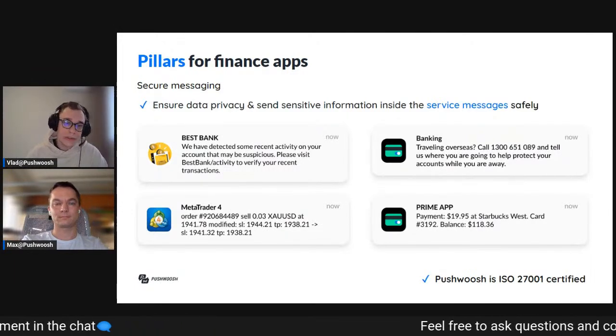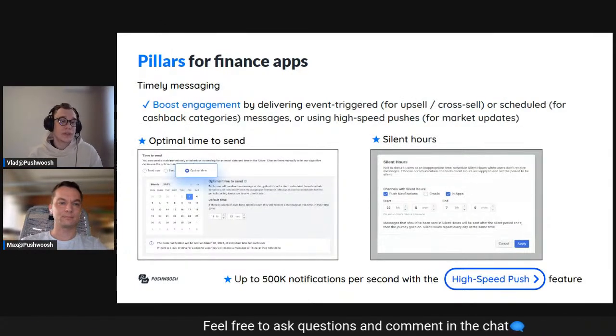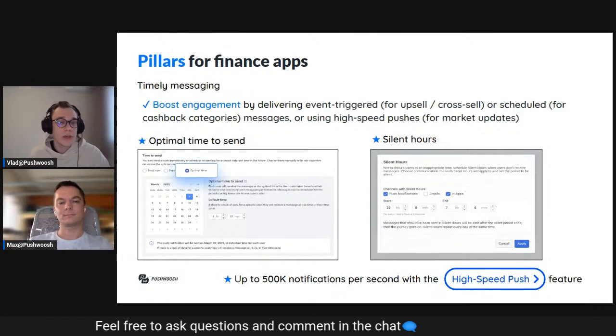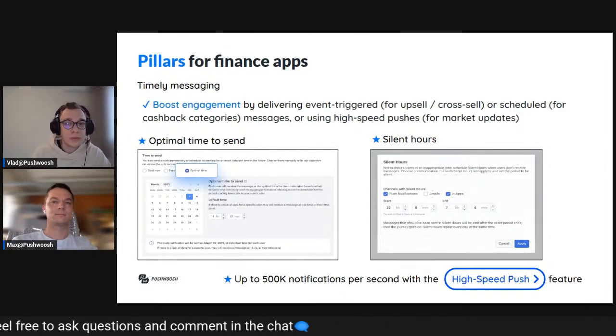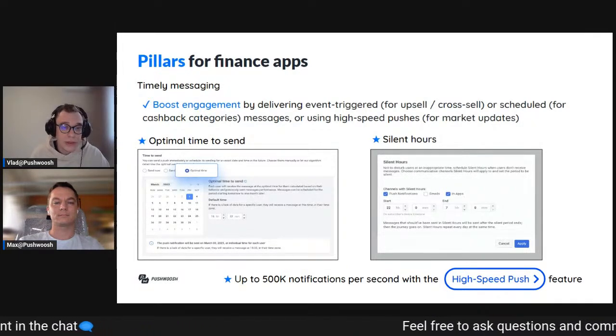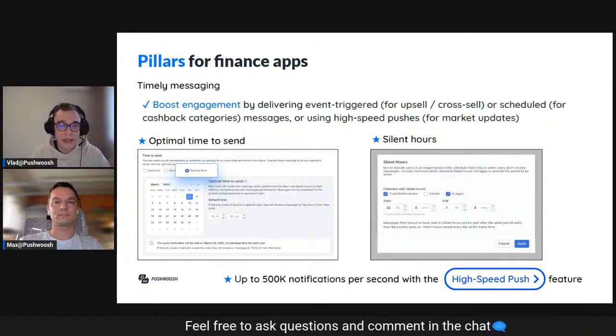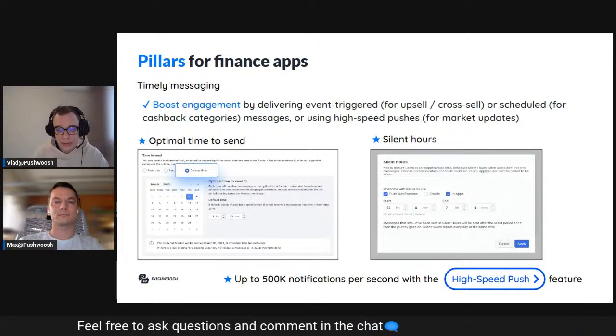The next thing that we wanted to talk about is that you have to send your push notifications timely. That means that they should be delivered at the time when the user will most likely open the push notification. For that purpose, we have two tools that might really come in handy. The first one is optimal time to send.